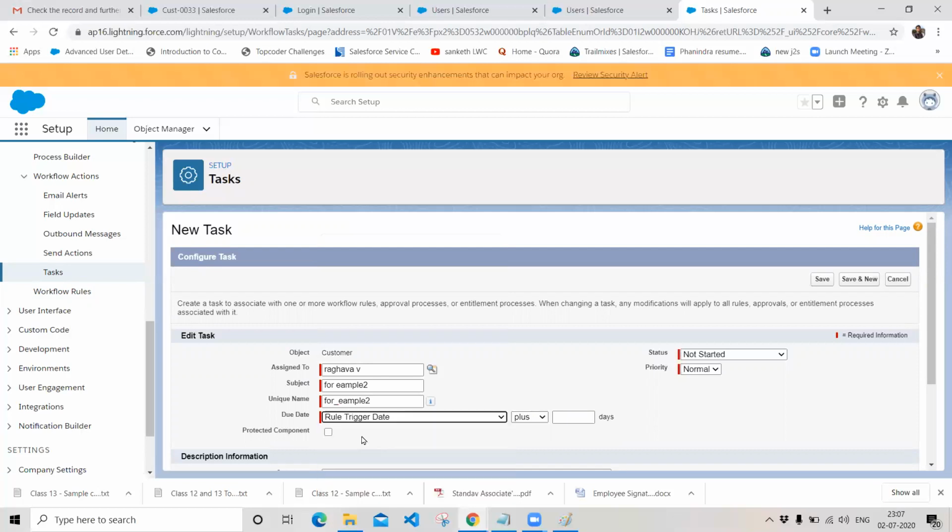What is the time frame that you want to give for this task? What is the end time? Whenever this rule fires, from that point for the next 2 days, I want to give this person a time gap so that he can complete my task. You can choose your priority and status also, and click on save.